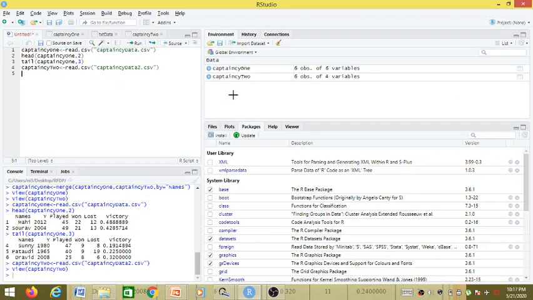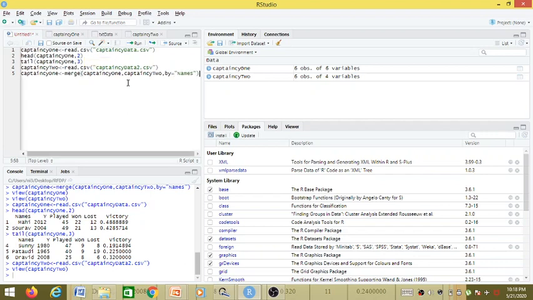So let's do it on RStudio. Captaincy 1 data frame, I'm using the available data frame. You can create a new data frame, give it some other name, and your destination data frame will be different. So the merge function, and as an input, again the names of the data frames which you want to combine: captaincy 1, captaincy 2, and by equal to the name of the column using which you want to combine the data frames. So if I run this,